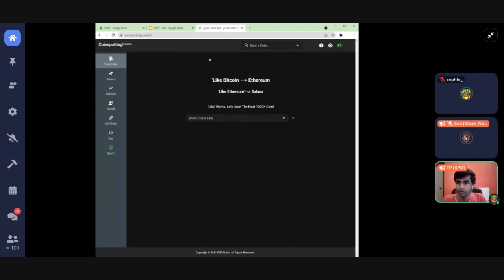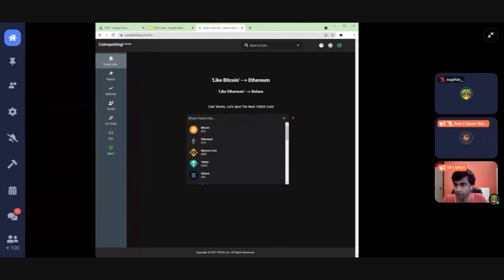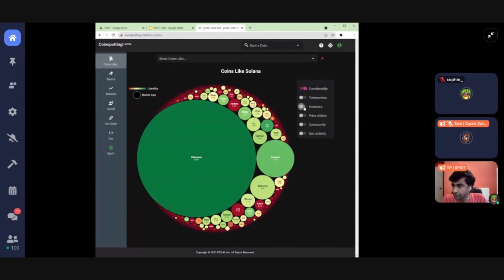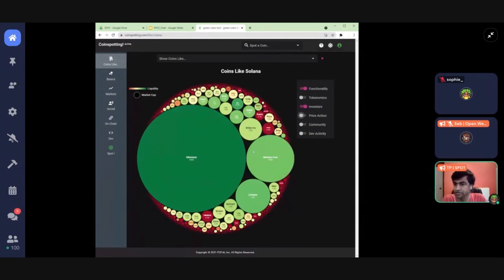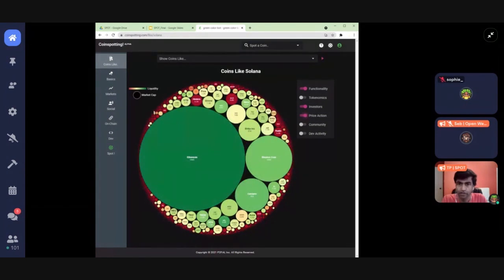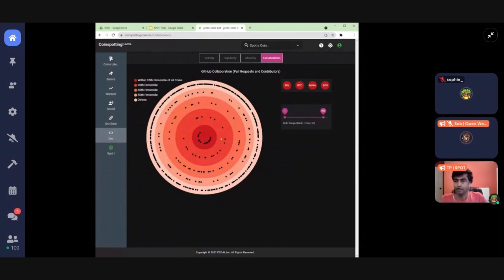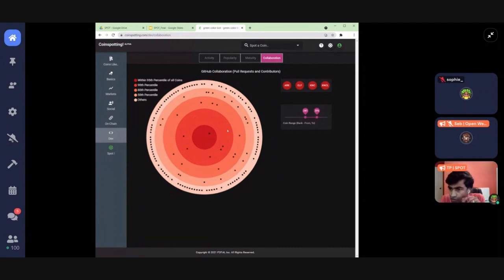Let's take a look. The tool has multiple dimensions that the user can use to spot their big story. They can go with similarity. They can say, hey, show me coins like Solana. Filter based on parameters that we think provides capabilities to spot the next big story. There are parameters around markets, social, on-chain, and so on and so forth. My favorite is dev. The dev signal from collaboration based on GitHub never fails. We can say, show me coins in a specific coin range and look at the one that's got the maximum signals for collaboration. Click on that and move in.